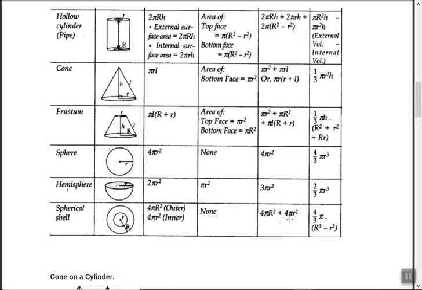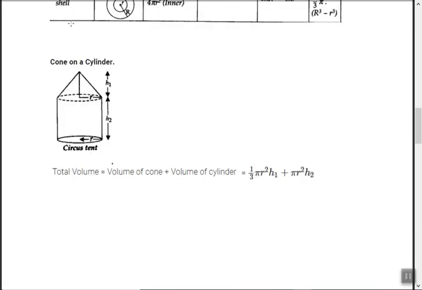So total surface is what? 4 pi R square capital plus 4 pi r square small. What is the volume? Similar to this, 4 upon 3 pi into it. Instead of only r cube, we have capital R cube minus small r cube. All three of these can be clubbed. Okay. So basic formulas are done.